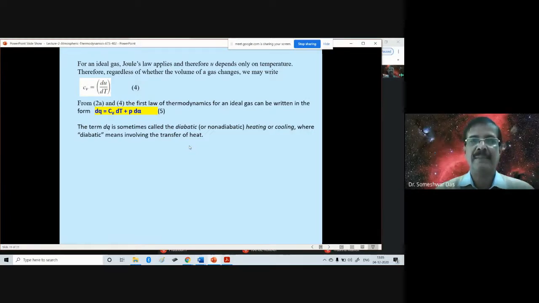Exactly, when there is no transfer of heat. But that is a very idealistic process, right? You can have that in a controlled laboratory experiment of the physics lab, in a condition in which the process is adiabatic. But in reality, in the real atmosphere, the processes are not adiabatic, because you cannot stop the transfer of heat. Can you stop the transfer of heat in the atmosphere?